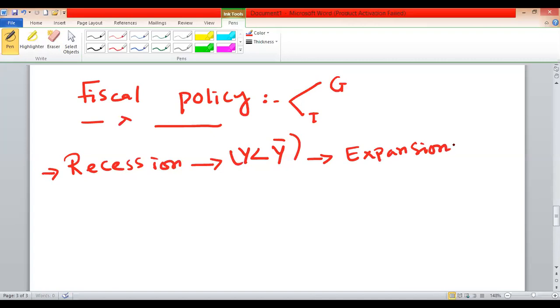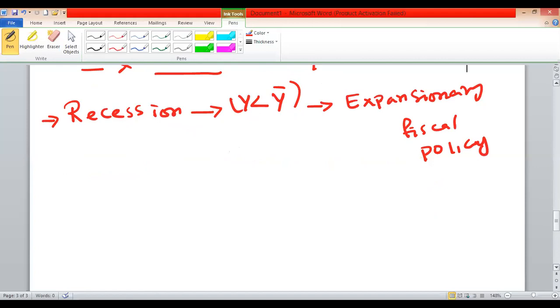expansionary fiscal policy. And what does that mean? Expansionary fiscal policy is designed to increase the aggregate demand in the economy. And how would the government increase the aggregate demand? Expansionary fiscal policy is designed to either increase spending or decrease taxes, or a combination of both: increase government spending